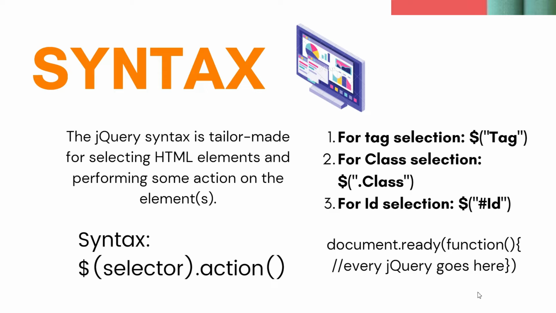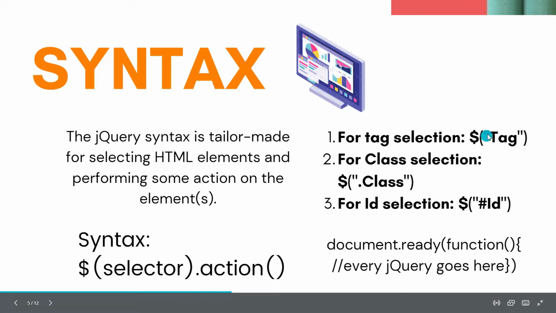Well, in ES6 or in normal JavaScript, to select any HTML element, either with a tag or the class or any ID, we used to write document.querySelector, or document.getElementById, or document.getElementsByClassName, or document.getElementsByTagName. We used to write all these things, but it is very simple in jQuery. Instead of using all those document dots, we can use the dollar sign.